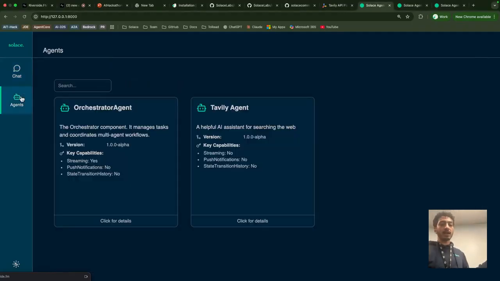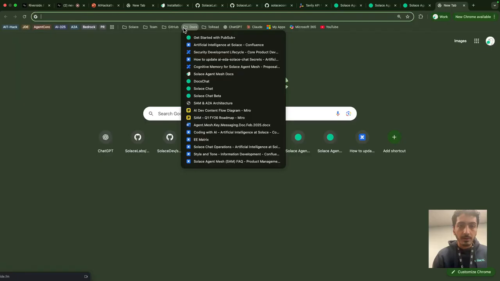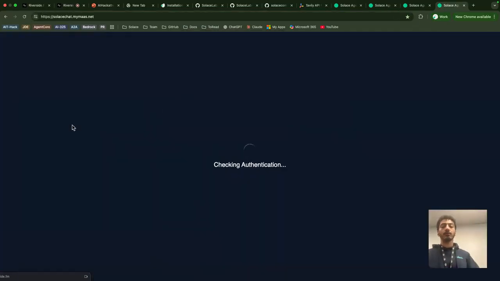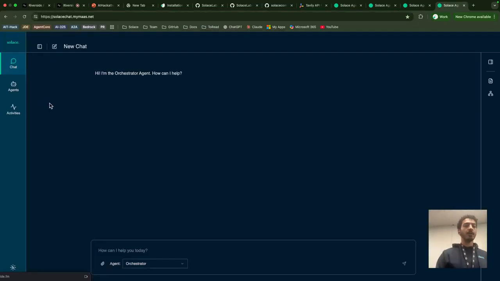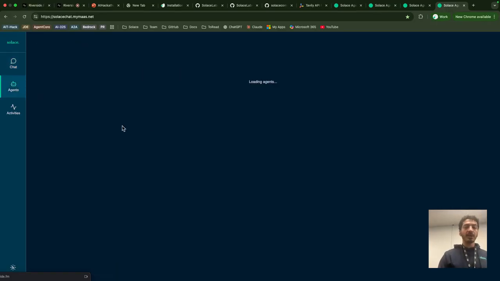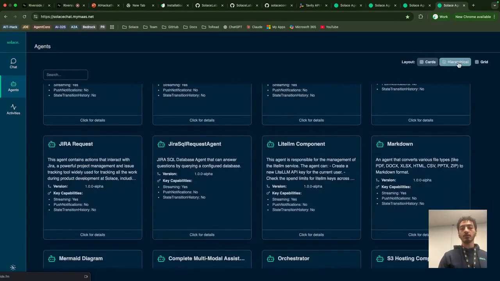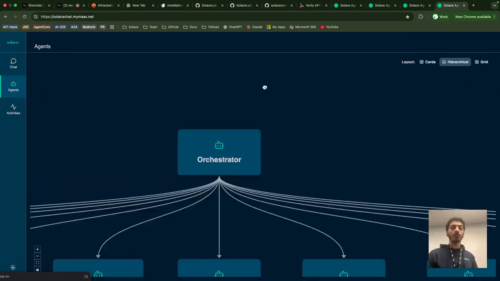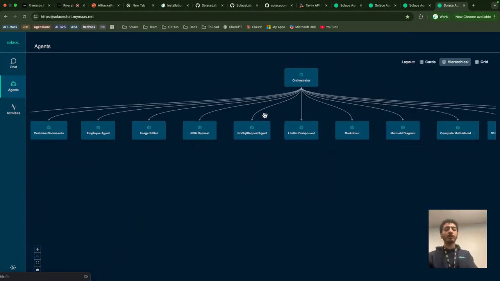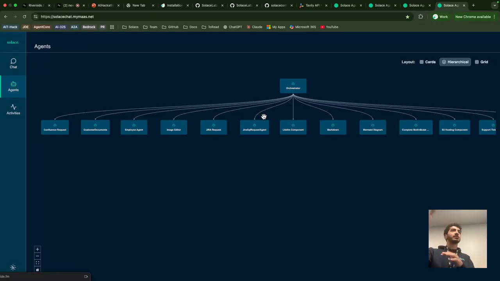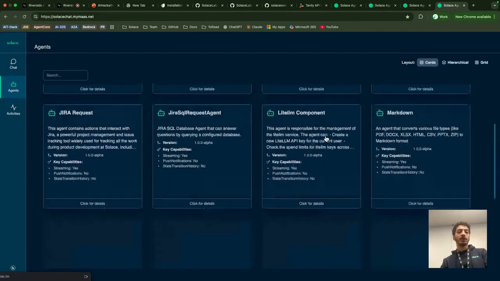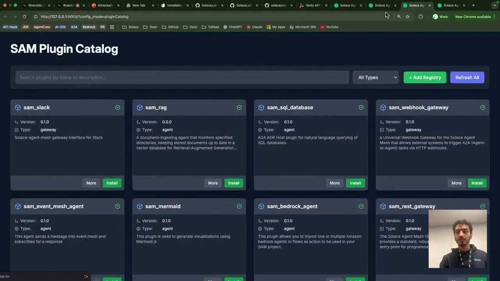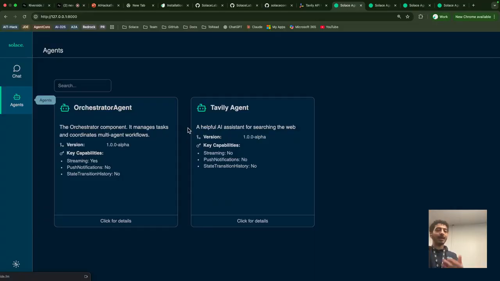First, we can go to the agents tab, and it shows you all of the agents registered. Let me just, for the sake of something cooler, show our actual one. This is one of the things that we run locally. This is the enterprise version, slightly different. On our agents, we have way more agents, and you can go to the grid version, and it shows we have an orchestrator, and it's connected to everything. So this is a very simple architecture, but you can make an orchestrator that has access to a few agents, and those agents have access to more nested agents, and it creates a whole architecture here. This is what a more realistic scenario looks like. But for our quick demo here, we have the orchestrator and we have the heavily agent.